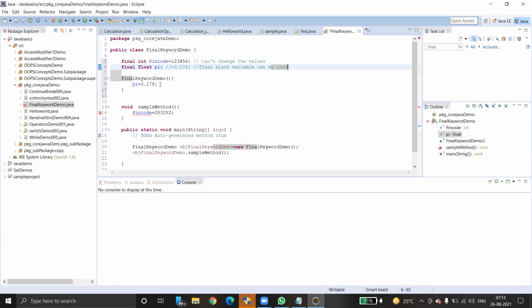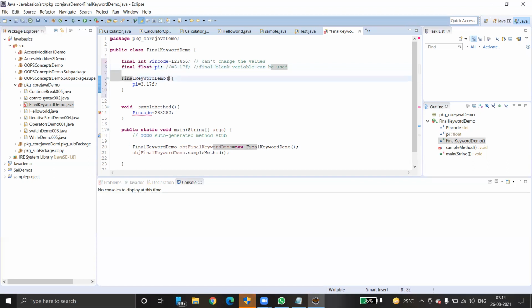So the registration number should not be changed once the car is registered. In that scenario, we can declare it as a final blank variable. But we cannot initialize it, because initially we don't know the registration number. In such cases, we can declare the registration variable as a blank final, and then we can initialize the value during the object creation. That's all. Very simple.